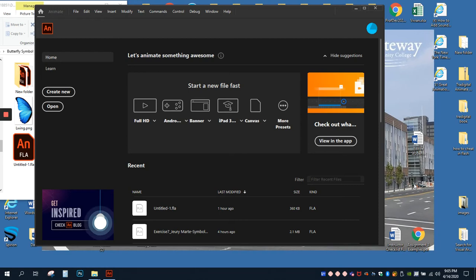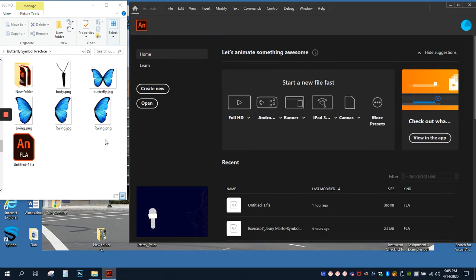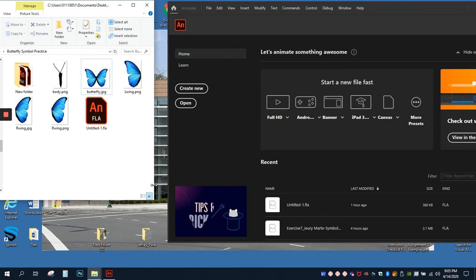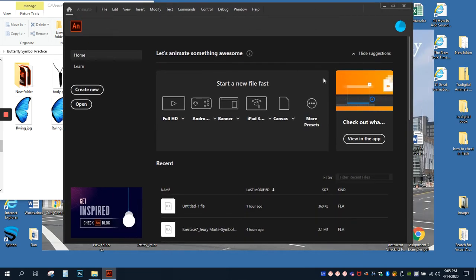This is part 2 of making a movie clip symbol. And we're in Animate, and we're going to import the files that we've made before. I made 3 different files, plus I have a file that is a JPEG. So I'm going to show you the difference with using the PNG files and a JPEG file when you're working